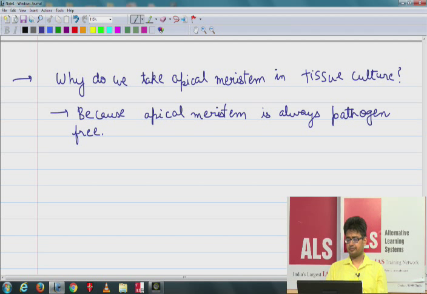There is a reason why it is pathogen free, because it's in a constant state of cell division. If it was infected, it would have been destroyed. If it is in a constant state of cell division, it is growing, then it means the apical meristem is fine and okay. It does not have any virus and pathogen. If there is any disease, it will be passed on to the lower cells, because apical meristem cells do not have reserve food, so there is nothing in which bacteria pathogen can grow. Other cells are fat. They are large in size. Bacteria pathogens want resources. They will grow in those cells. But apical meristem,